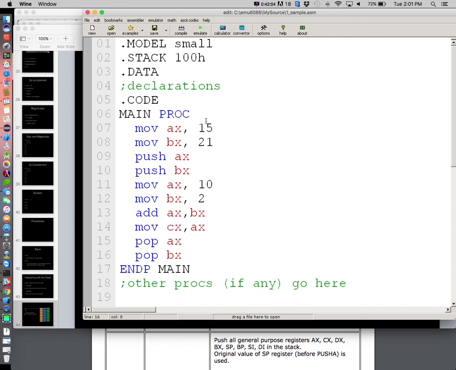So AX is 15, BX is 21. We'll push AX, push BX. So BX, the old value of BX is at the top of the stack. So we have 21 followed by 15. Then I'll go ahead and replace AX and BX with new values. So I put a 10 into AX, I put a 2 into BX, and then I do some addy stuff,